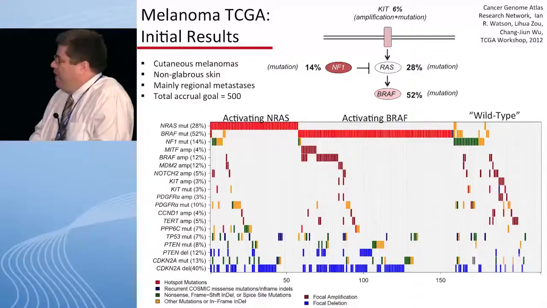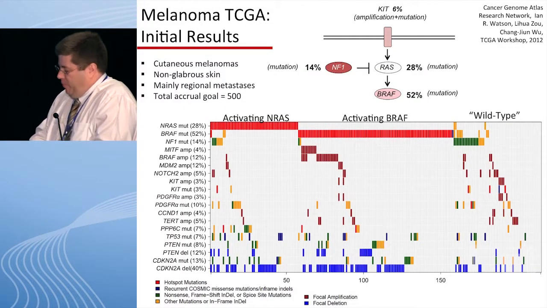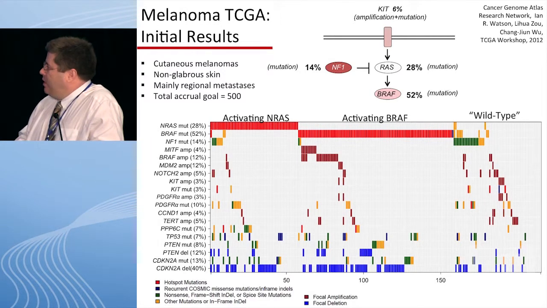All of the tumors are also being analyzed for changes in DNA methylation, mRNA and microRNA expression, and the expression and activation of protein signaling pathways. And all of the samples will also have clinical data associated with them. So as opposed to the other two studies, which gave us rates and prevalence and patterns of mutations, this data set will allow us now to start integrating what other changes correlate with the presence or absence of specific mutations.